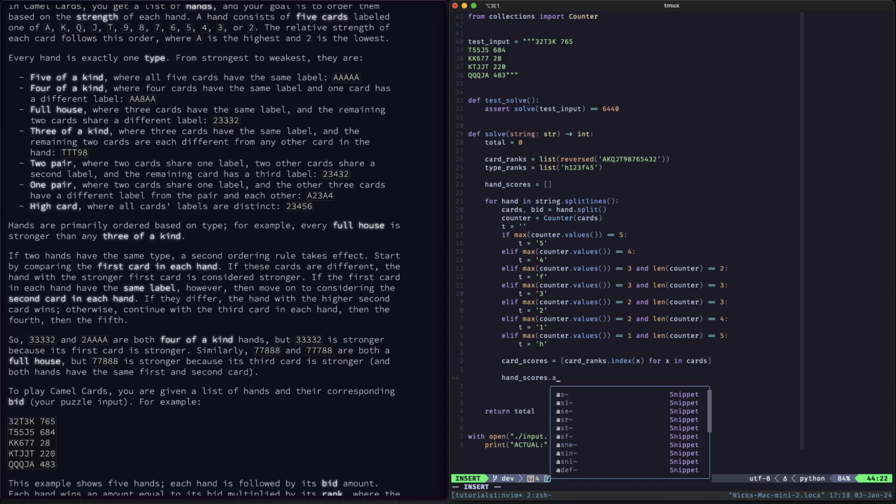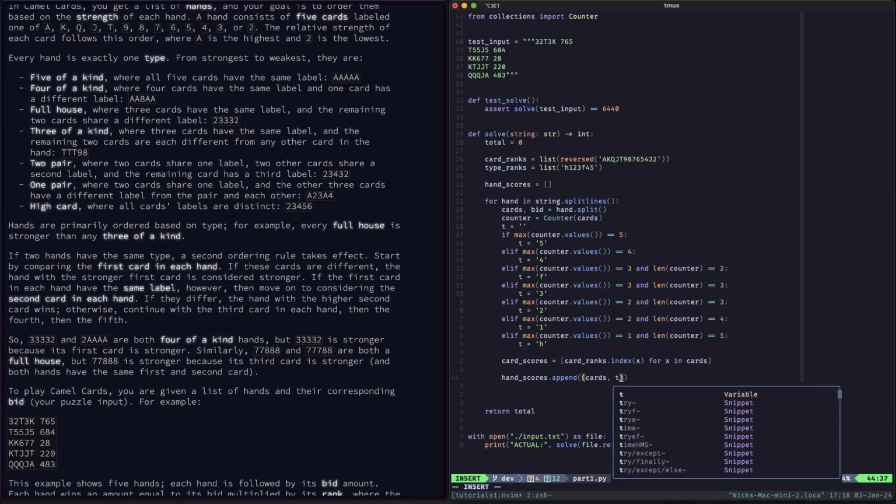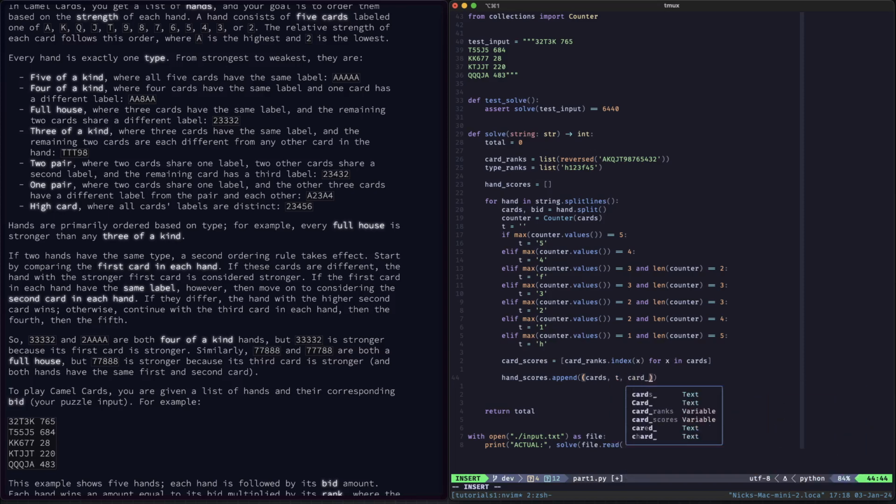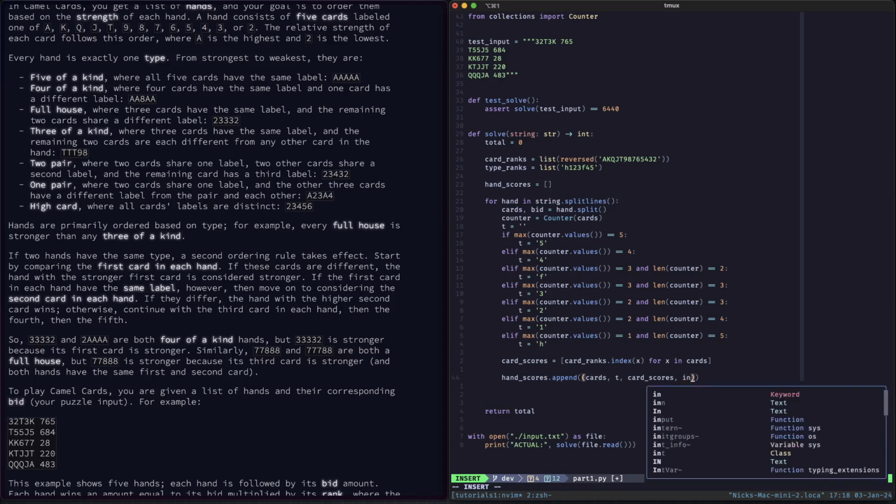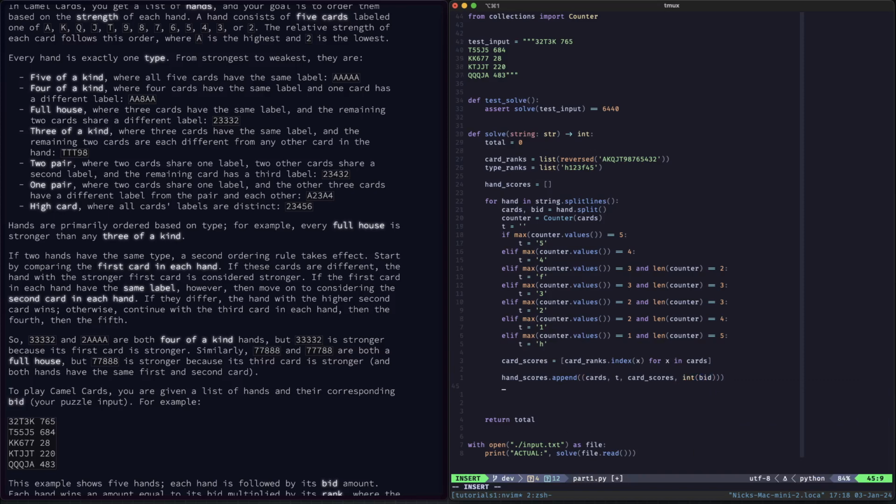variable, so we want to, if we give it a tuple of the cards, the type, the card scores, and an int representation of the bid. Cool. Okay. So what we want to do as well within this